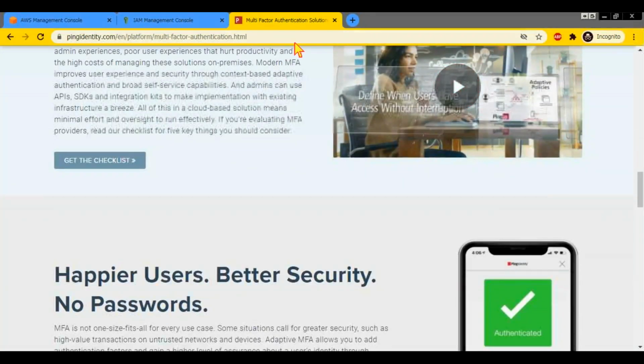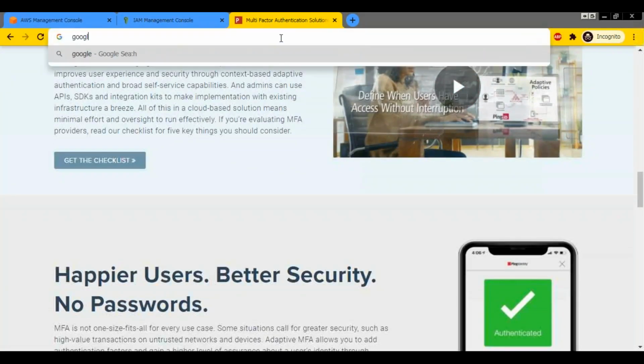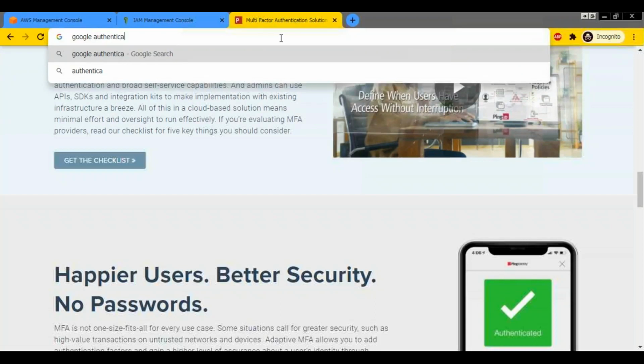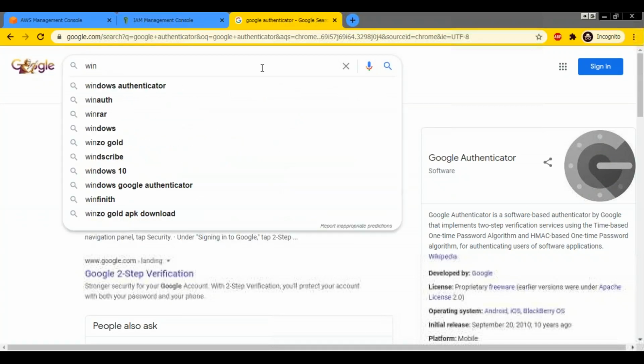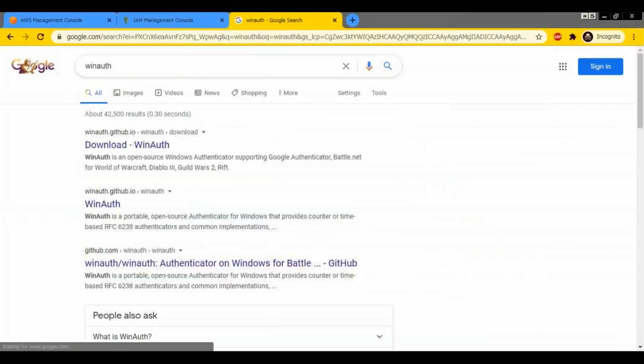So same thing, there are tools like Google Authenticator and a Symantec tool also. There are a lot of tools. You can use this two-step verification or multi-factor with your Gmail account, with a lot of things these days. Or you have something called WinAuth, which is an open source authenticator that supports different things.